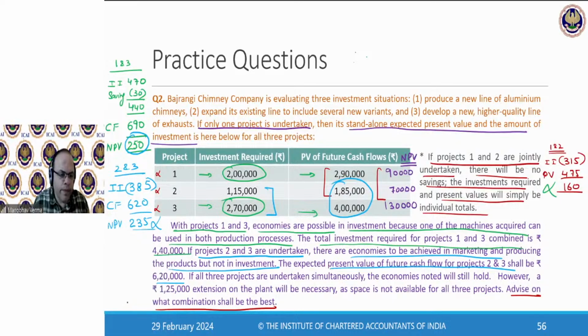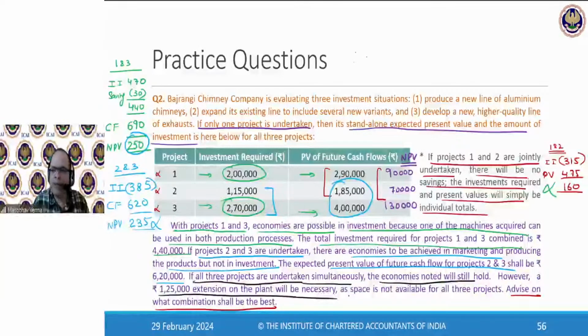Now let's talk about one more scenario, if all the three projects are taken simultaneously, will the economies noted still hold? Very nice. What are the economies we have noted? For 1 and 3, economies were in investment, and for 2 and 3, the economies are in the expenses. But look at this, guys. It says that if you have to do that, a 1,25,000 extension on plant will be necessary because space is not available. Wow. So if I say 1, 2, and 3,